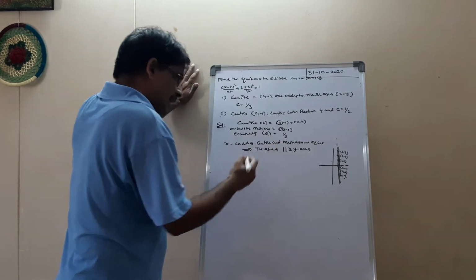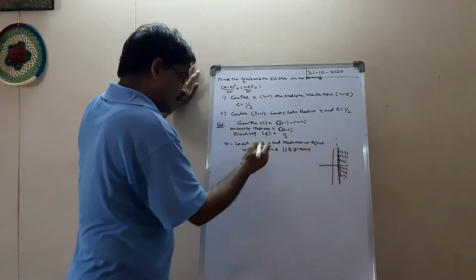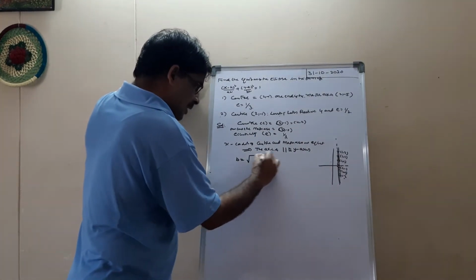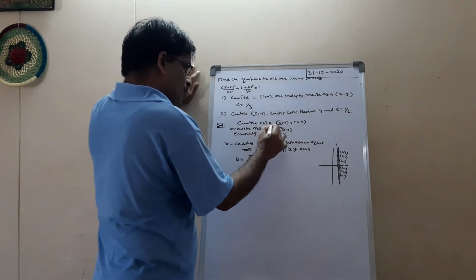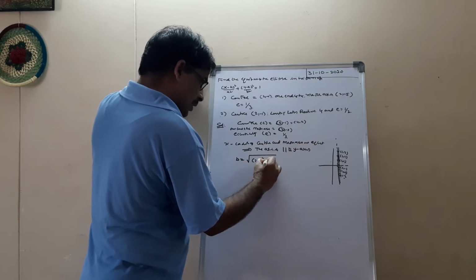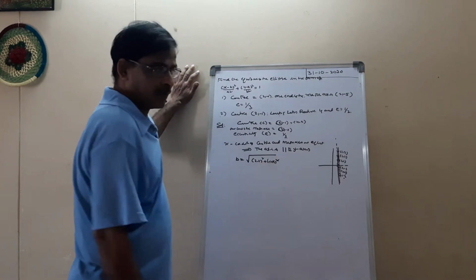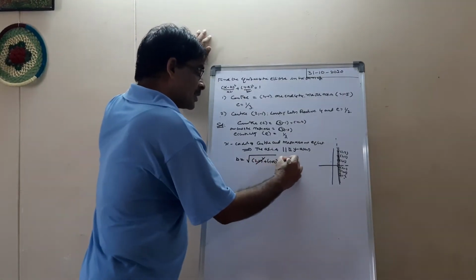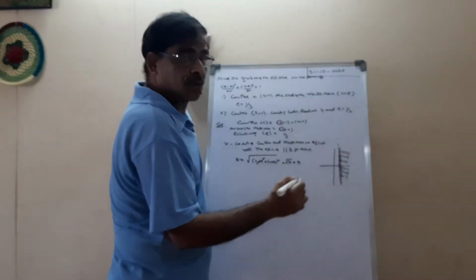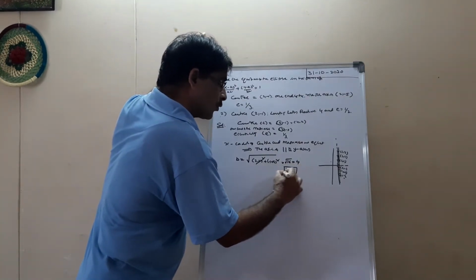Now find the distance between C and the one end of the major axis, that is b, equal to the distance between 2 points formula. See, (2 minus 2) whole square plus (minus 1 plus 5) whole square. These two cancel here. This is root of 16 equal to 4. 5 minus 1 is 4, root of 4 square means 4. So we have b equal to 4.